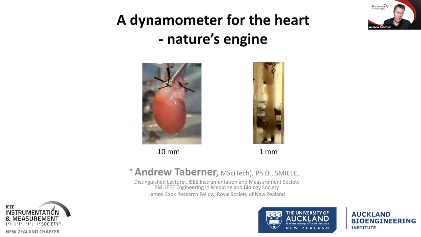And so what you're looking at on the left there is a heart that's been kindly donated by a rat. So to give you a sense of scale, that's about the size of a human thumb in size. So perhaps 10 to 15 millimeters wide by maybe 20 millimeters tall. And to the right of that is a single muscle fiber, referred to as a trabecula, that has been extracted